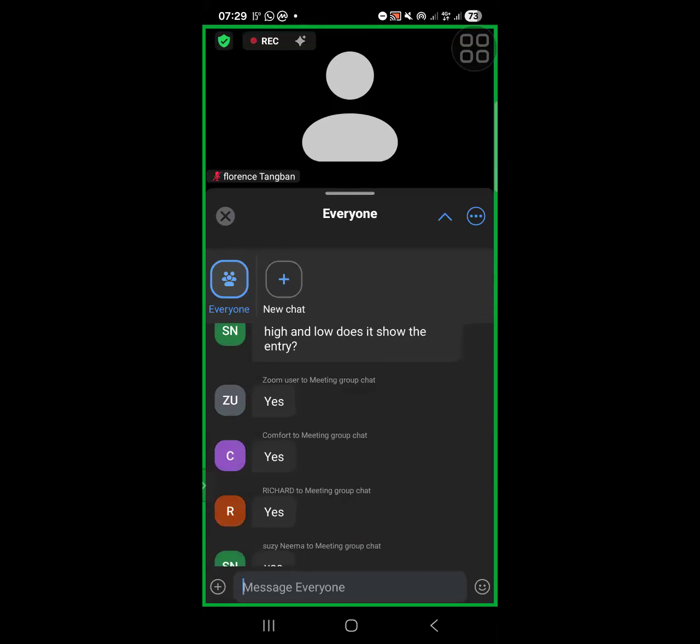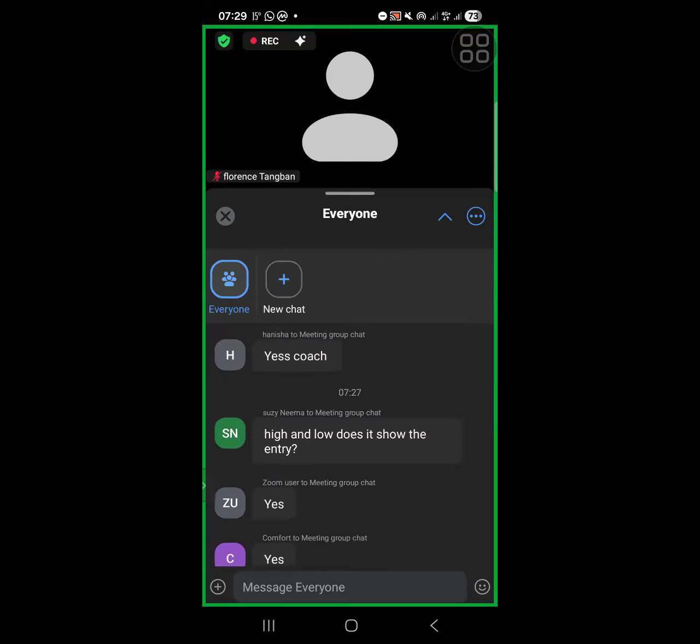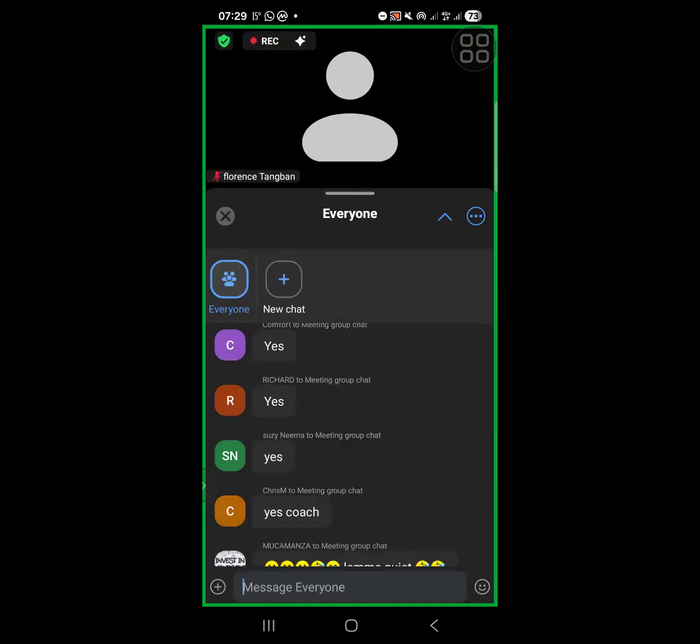High and low, does it show the entry? No. The high and low does not show you entry. It just gives you